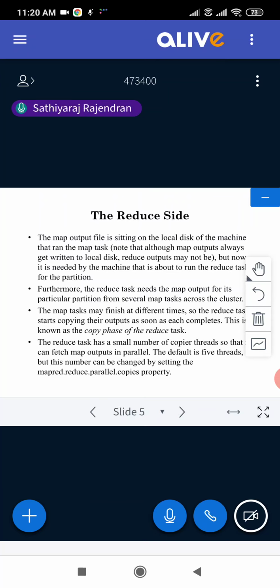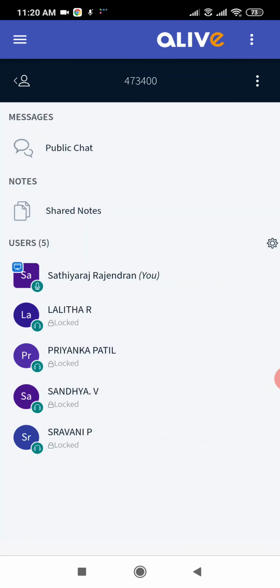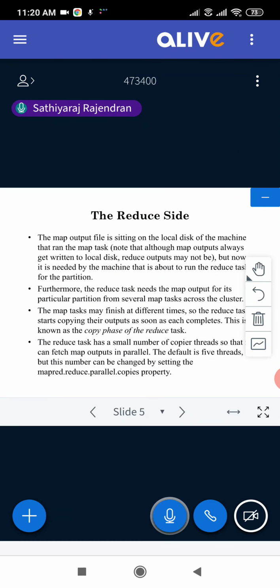If I have 10 sets of queues where the task is being allotted, from the 10 sets of queues you can see that 10 will be converted to 5, which will be bundled together as 1 and 2, 3 and 4, something like that. Once that is done, it will be combined again to form a single queue. At last, you will get a resulting single value with the key. So this is how it happens.